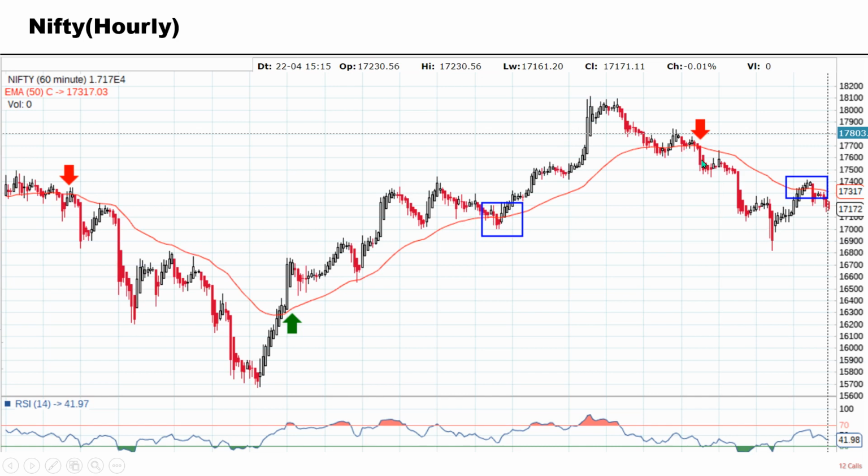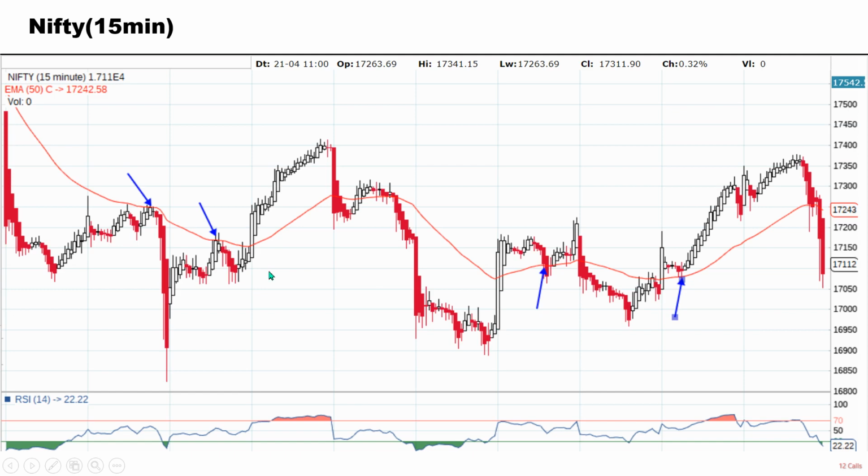Again now here we see the direction is down. Here Nifty has broken the 50 EMA and is continuously trading down, and here we see though it penetrated into the 50 EMA, this is more of a fake signal, or it could not break decisively, and again it started coming down.